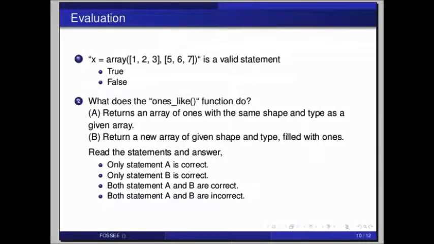A returns an array of ones with the same shape and type as a given array, and B returns a new array of given shape and type filled with ones. Now read the statements and answer. Only statement A is correct, only statement B is correct, both statement A and B are correct, both statement A and B are incorrect.